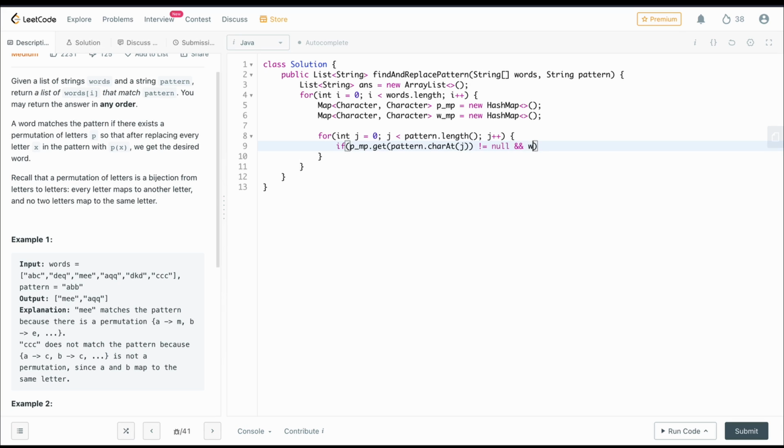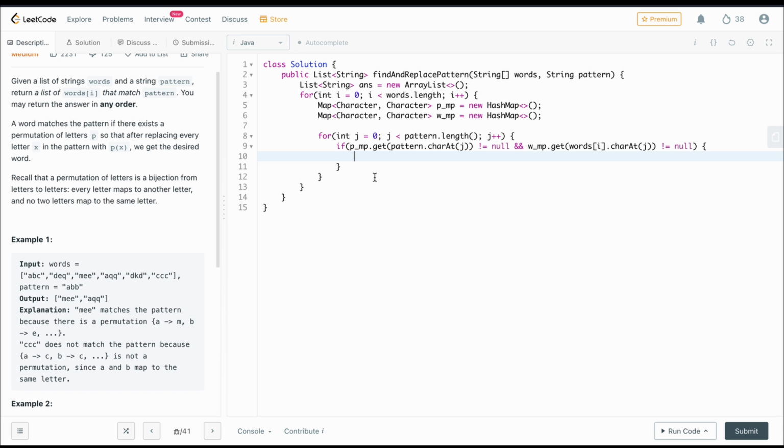We also check whether wordMap.get(words[i].charAt(j)) is not equal to null.